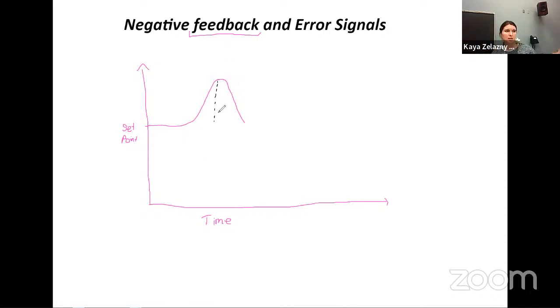When we have a change up, a temperature gets higher, that's a little easier to understand. Occasionally people get tripped up. The opposite is also true. If you're suddenly really, really cold, say hypothermia is setting in, and your body temperature is dropping like crazy, we still have an error signal in this downward direction. And we still want to change that body temperature, but this time we're trying to pull it back up. We still consider this negative feedback because it's an opposite. So the negative here is really referring to do the opposite thing,